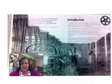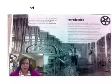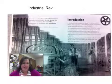Hey guys, we're going to be learning about the Industrial Revolution. The first thing we need is to get some background knowledge. So we're going to read through this packet, and then we're going to be doing some Bloom's taxonomy activities to